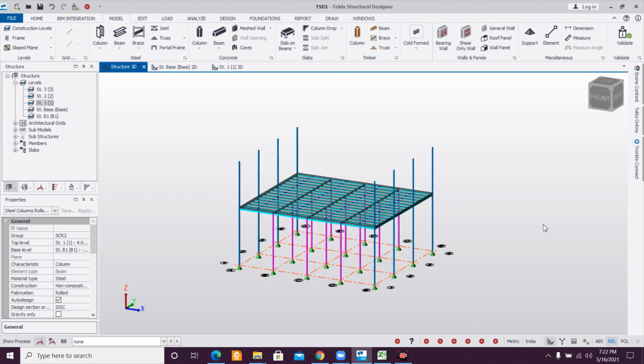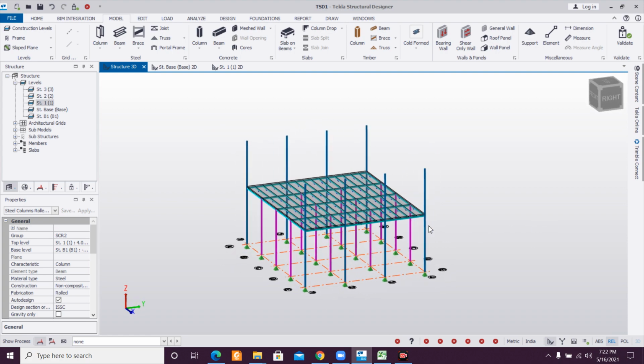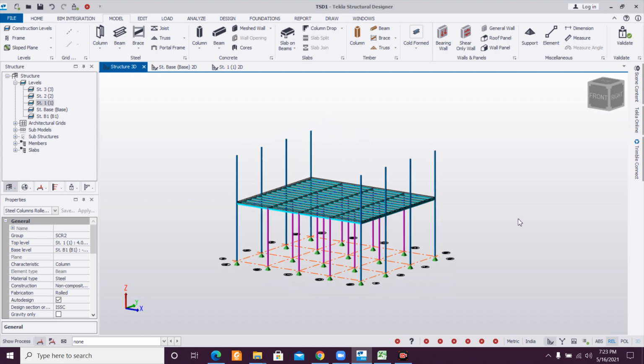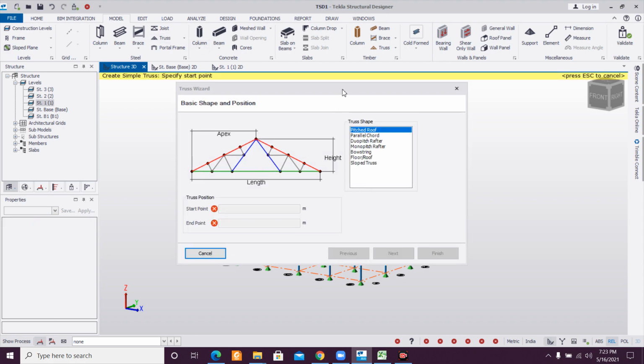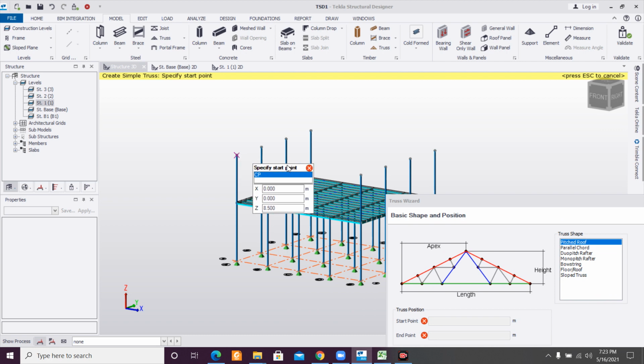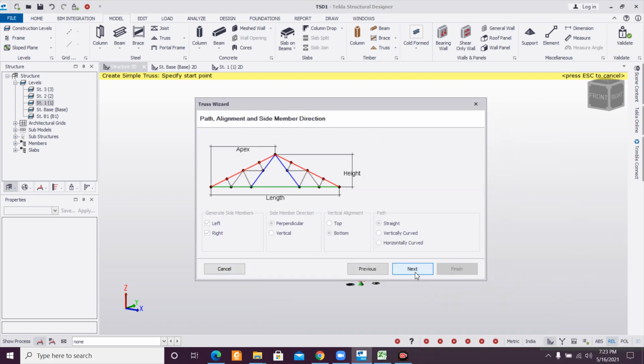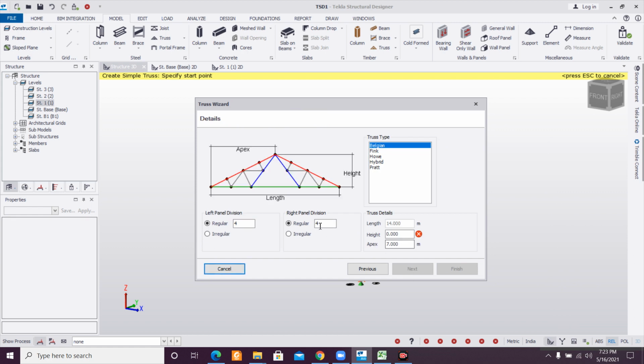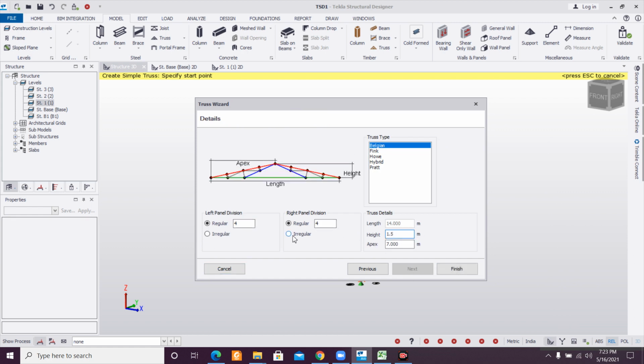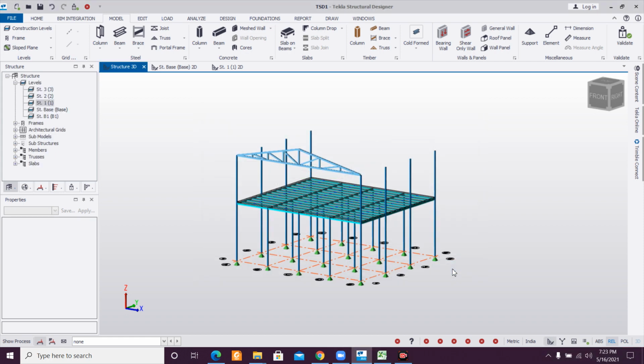and here after going to the structure option, we can create some option of our trusses. So for the truss, I'll just select this particular option of truss, and two locations have to be selected, select this and select this, and after that just click on next, next, and then we'll go for a height of 1.5 meter, and we'll go for a Pratt or a Howe truss, and divisions will do as 3, and then click on finish.